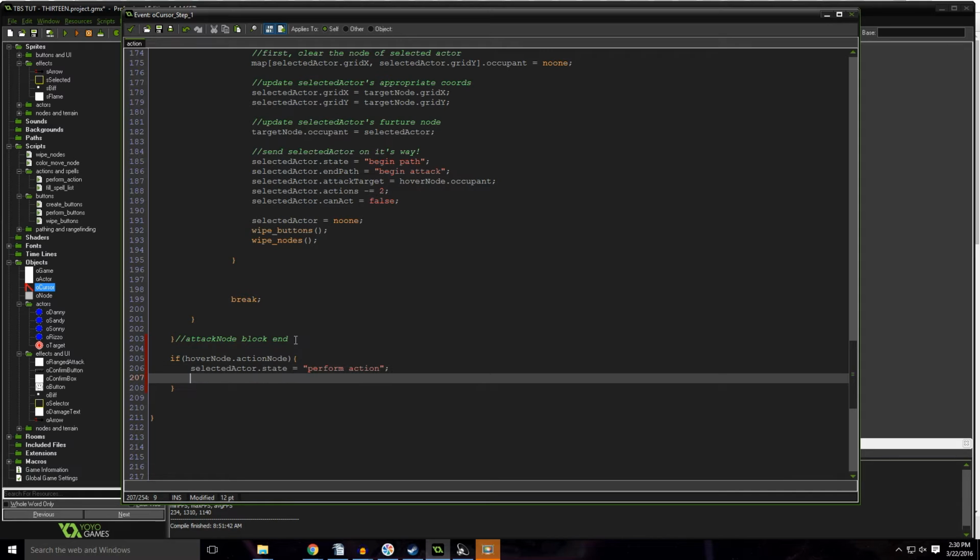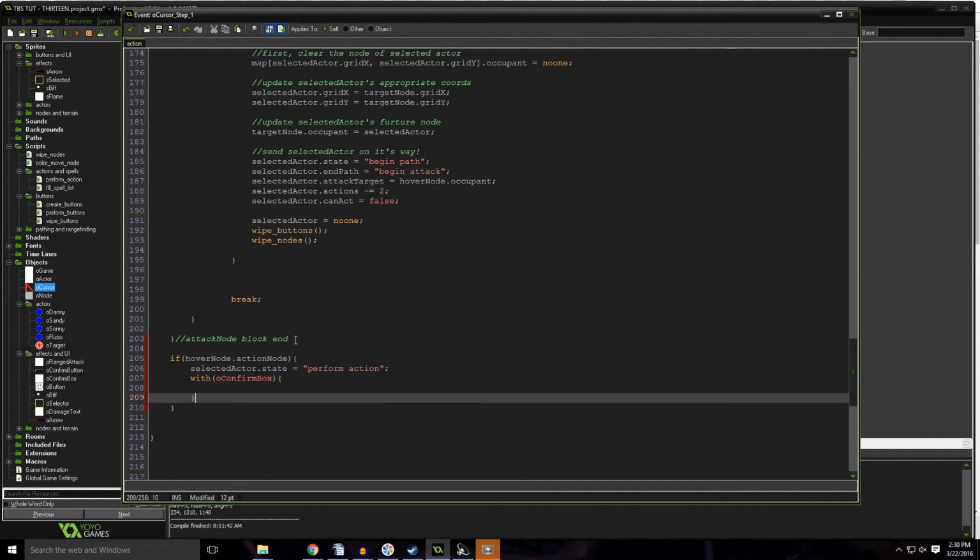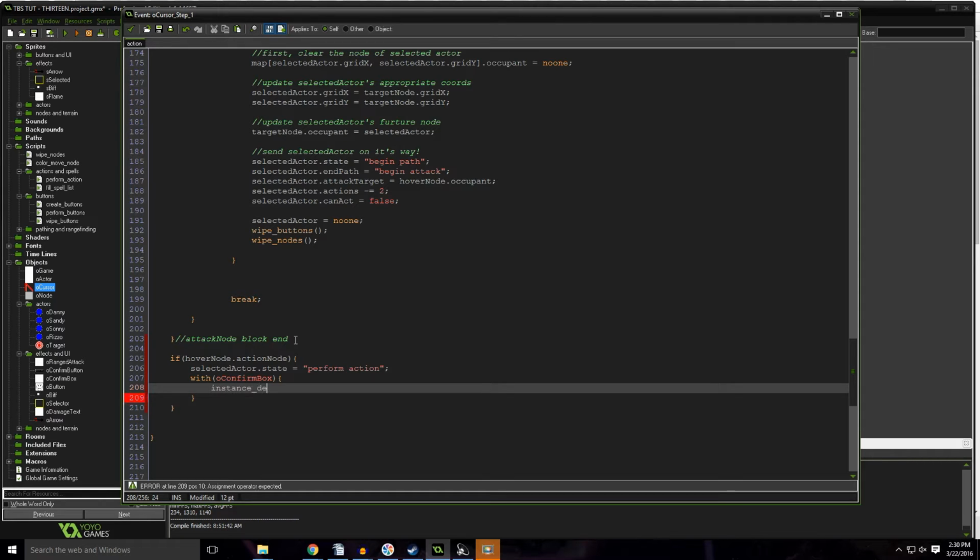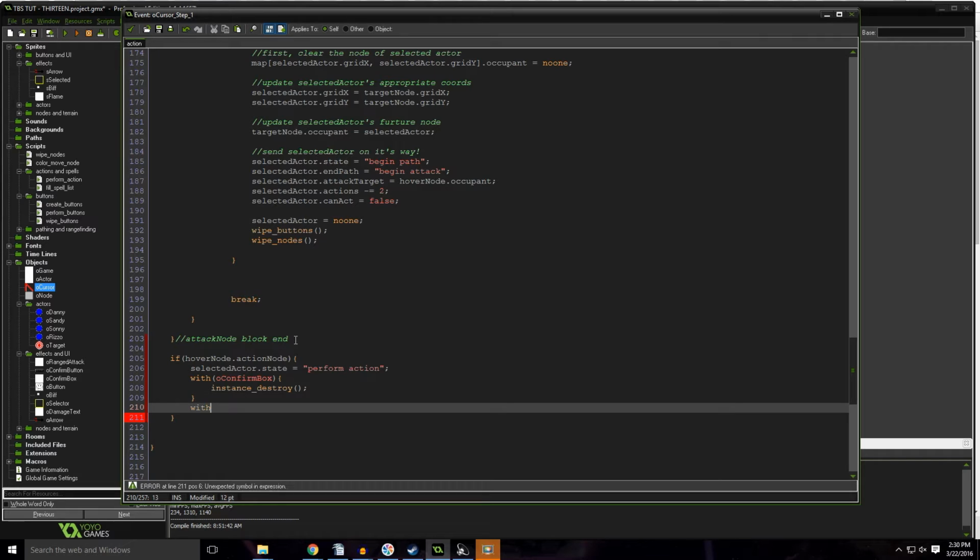So perform the action that we're loaded to do. And then with confirm box, instance destroy. And then with confirm button,